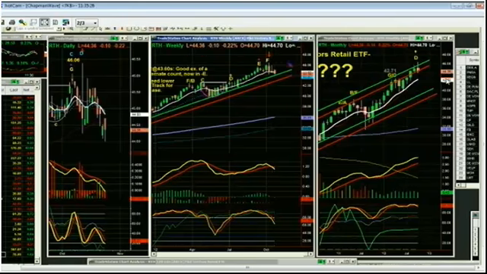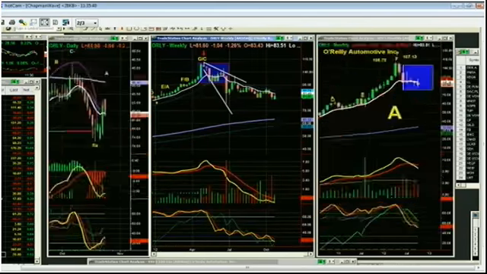I might have to even change my notation to possible leg C if it breaks above 46.38. But those are lots of ifs. And I'm looking at stocks like O'Reilly that say, hey, if everything's going so great, why have you been pulling back? Because the orders Ford and GM are acting lousy. So I think you're correct.